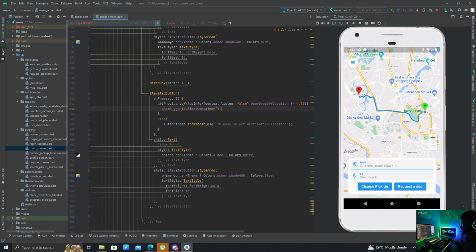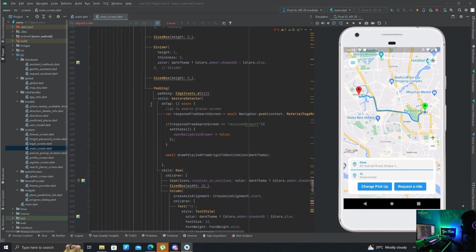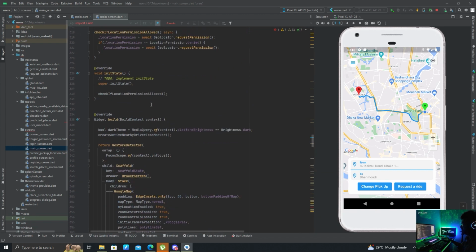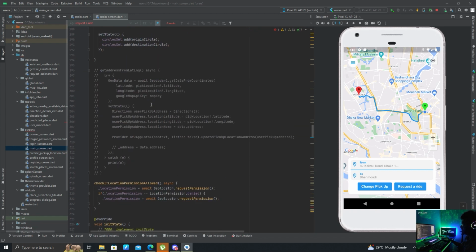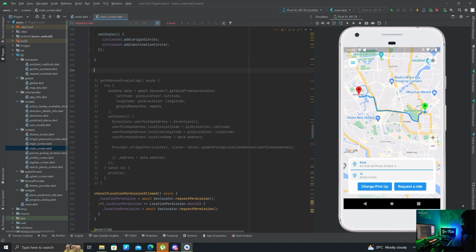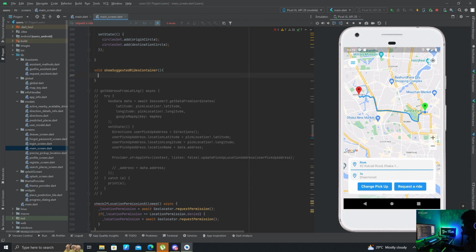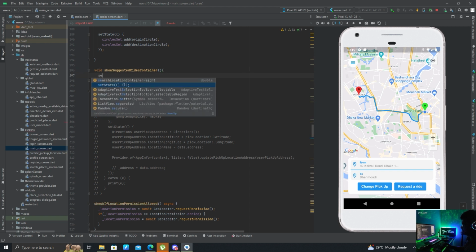Now let's write this function above somewhere here. Void show suggested rides container, set state,